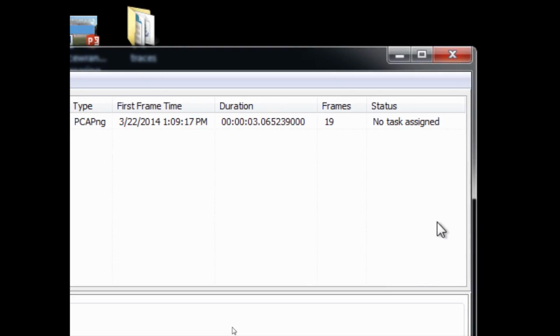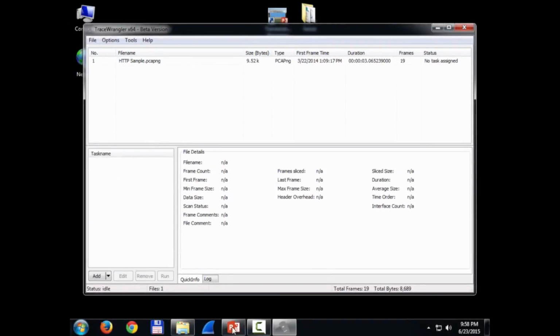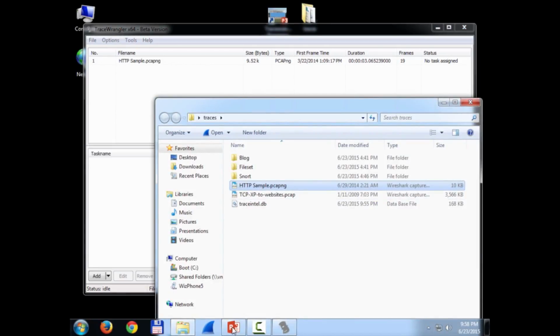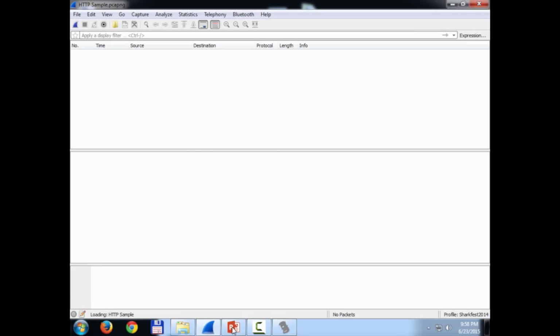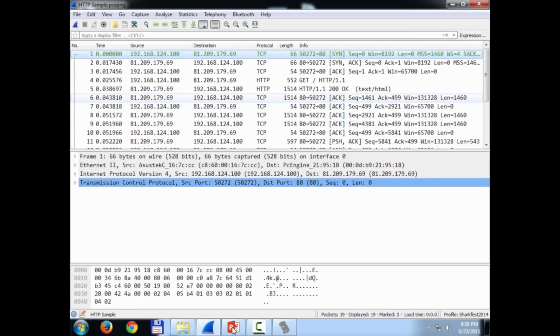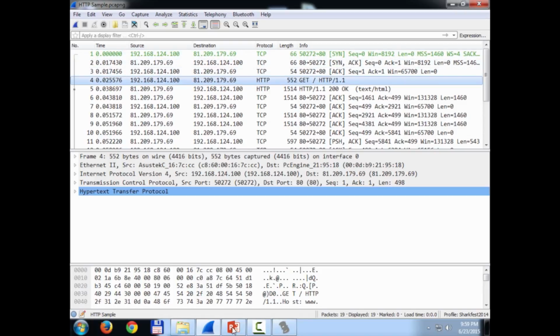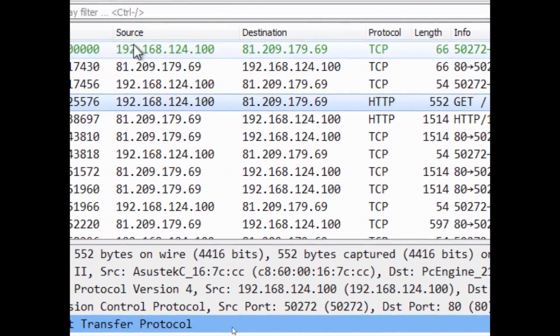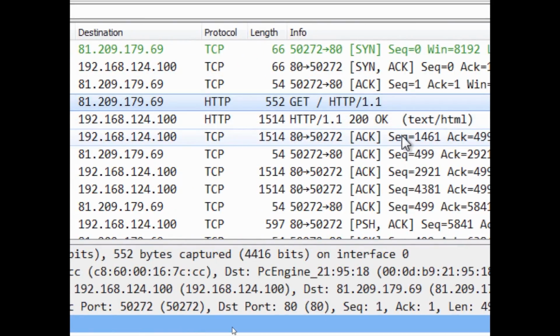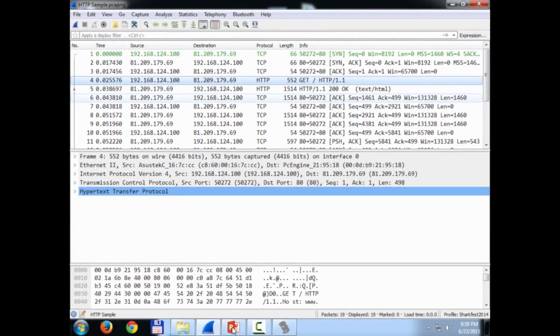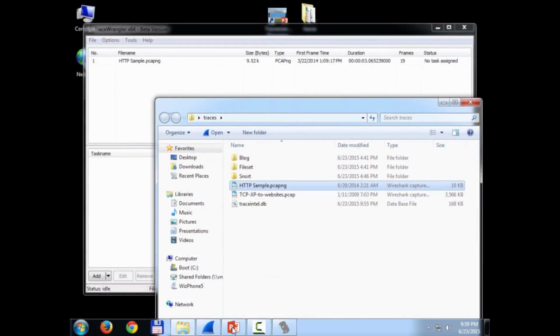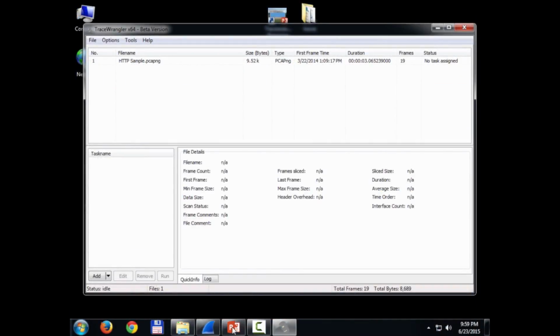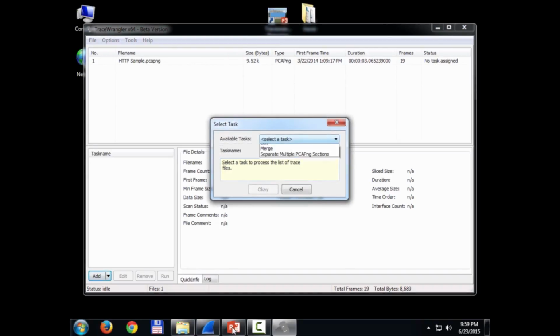Okay? So let's say we want to anonymize this sample, and let's take a look at this. So it looks like this. It's just a simple HTTP GET on some IP addresses. I think you can all tell that this is a private one, this is a public one. There's some ports in here. So if I want to sanitize this, anonymize this, I can do that. It's really simple. I add an anonymization task, or since I'm lazy now, and that is just something I never use, I go here and say